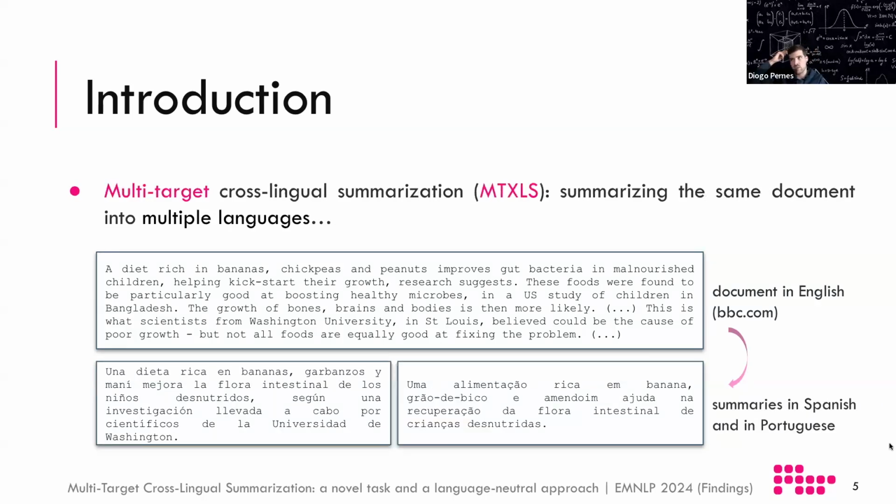In multi-target cross-lingual summarization, instead of being interested in summarizing the document into a single target language, we want to obtain summaries in multiple languages. In this case here, you have the same document in English and then a summary in Spanish and a summary in Portuguese. Of course, as is right now, you can just create a summary independently for each of the target languages. So there is no increased difficulty in the task just by the fact of being multi-target, but